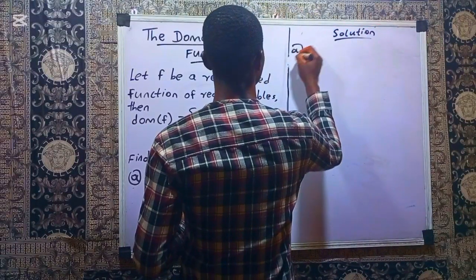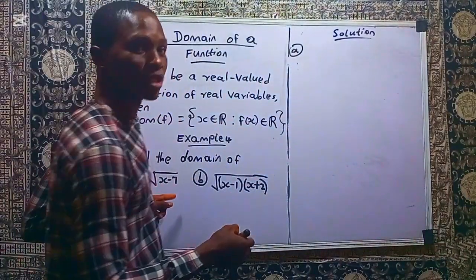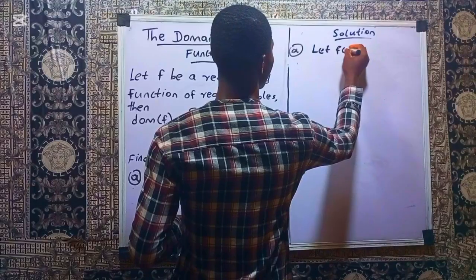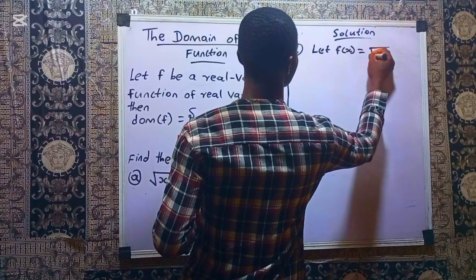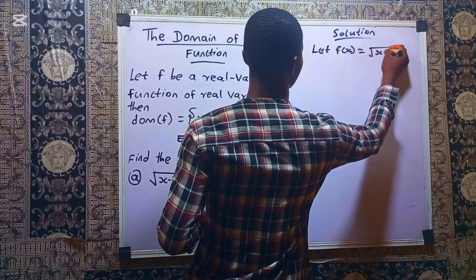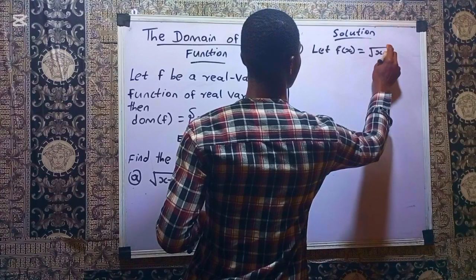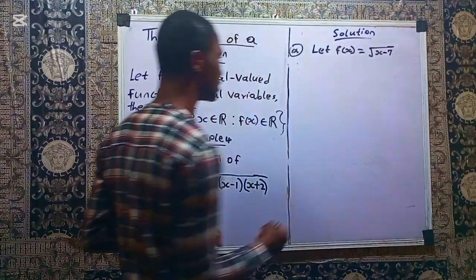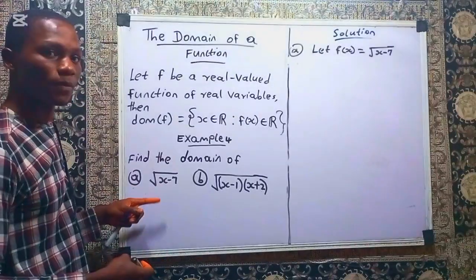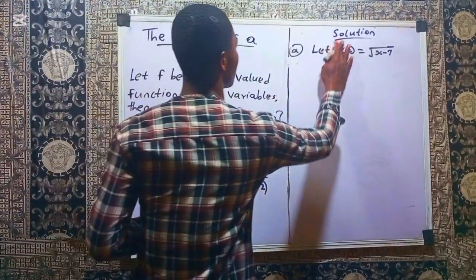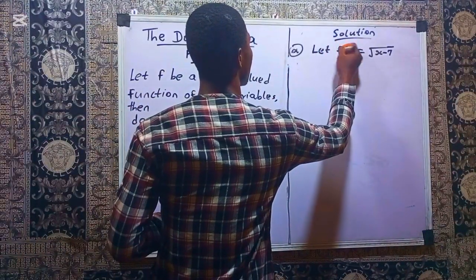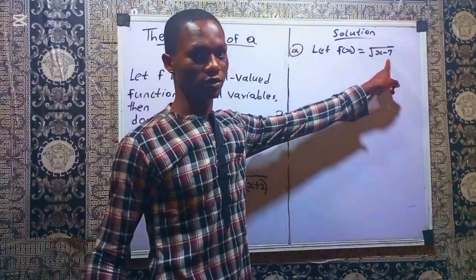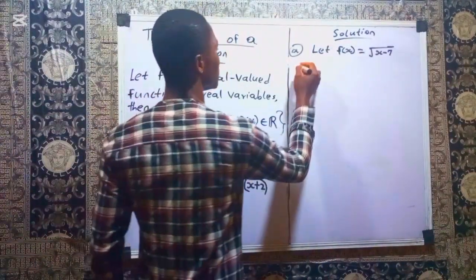So for the A part, we are looking at domain of this, right? So let me just say, let f of x be equal to square root of x minus 7. So let this be a function of x. So I'll say let f of x be this, right? So we are looking for the domain of this function. So we now say that domain